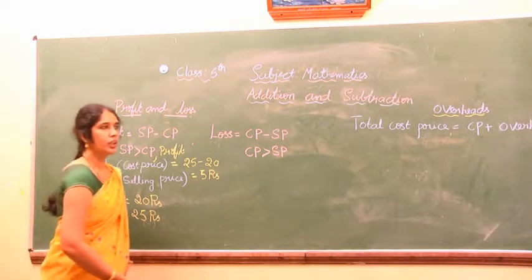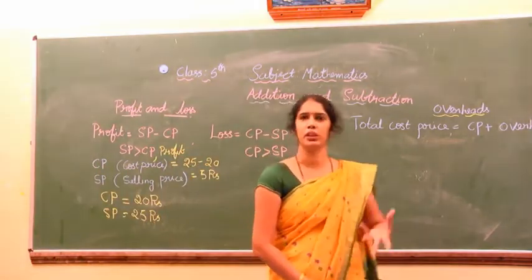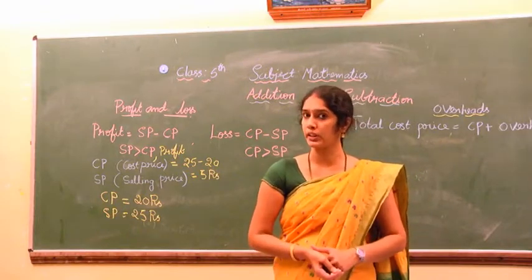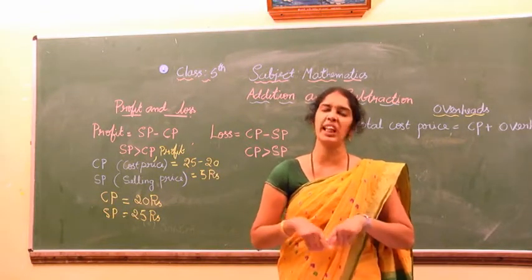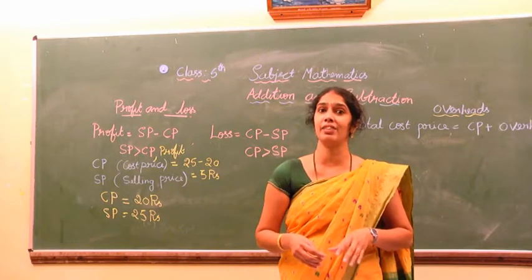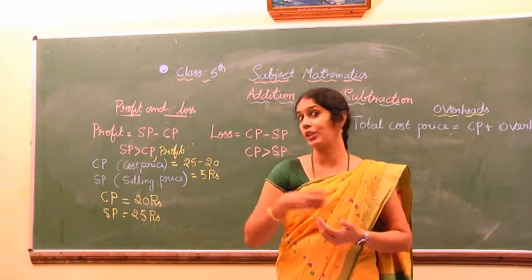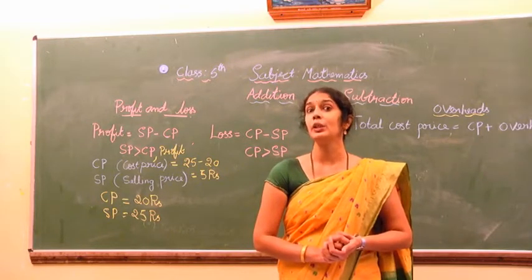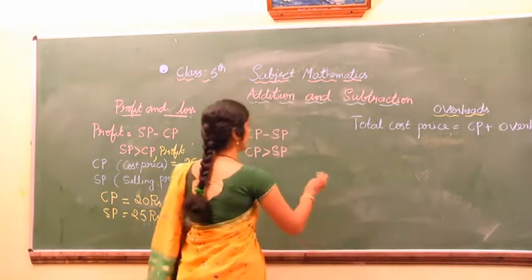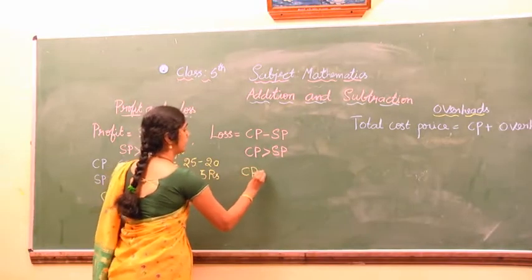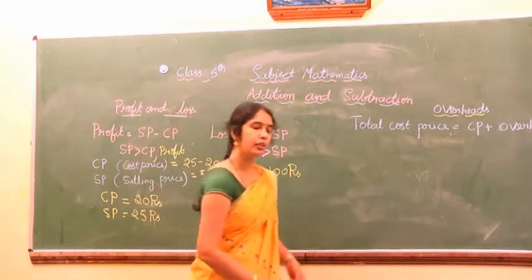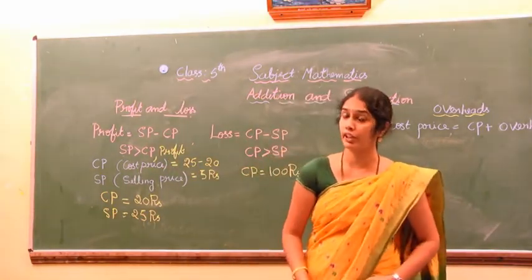Okay, now one more book you will get from the stationery shop. The cost of that book is 100 rupees. You don't like that cover, but you bought it. What to do now? Then what will you do? Again you will ask one more friend and tell him, do you want this? What is the cost price? Yes, you are right. Cost price here is 100 rupees. You will tell your friend that it costs 105 rupees.